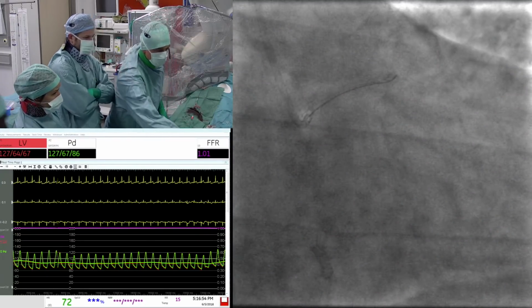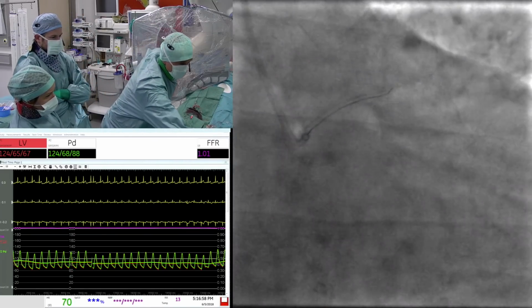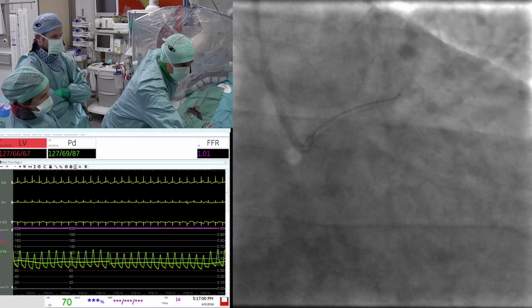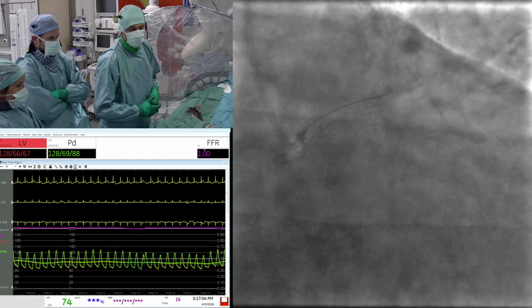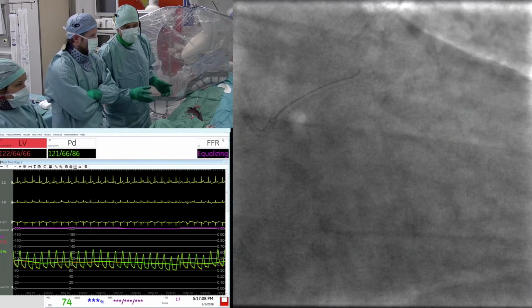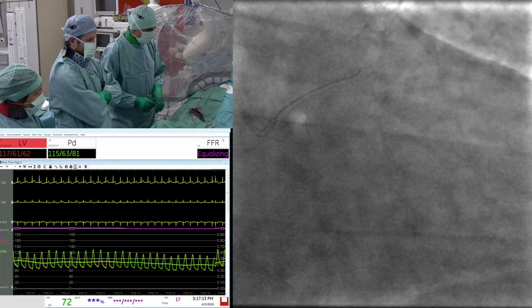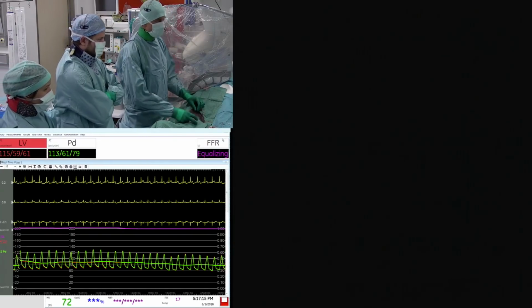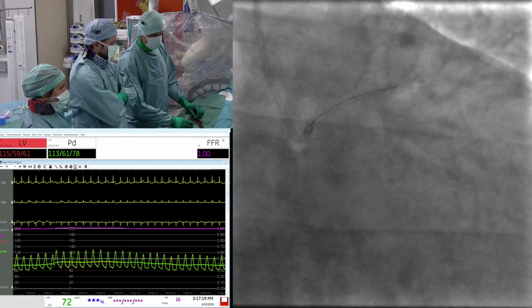So we are going to push on the equalization button. I will keep my foot on the scopy. Clack, clack. And here we make sure that the Pd/Pa ratio is equal to 1. It's not very spectacular because it was already the case to start with, but just to demonstrate where we have to equalize. The next step is, of course, to go in the distal part of the vessel, and maybe